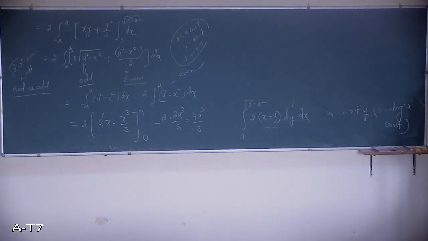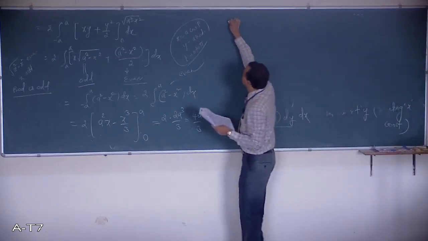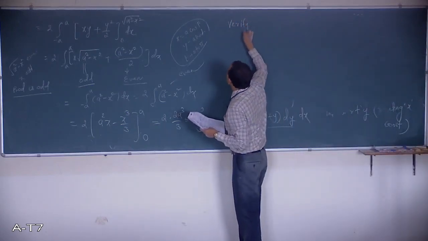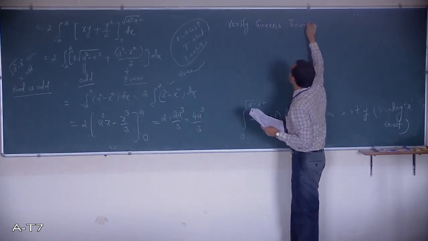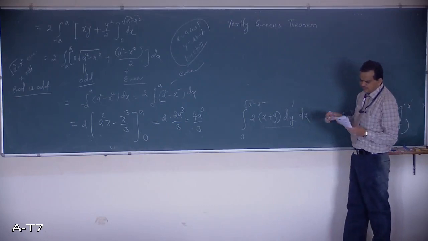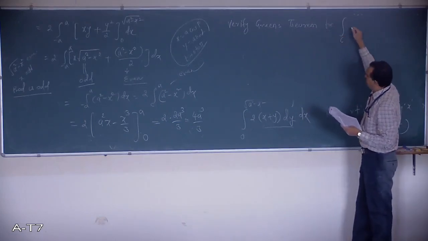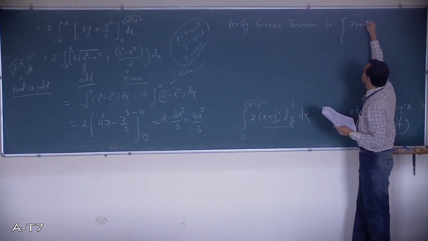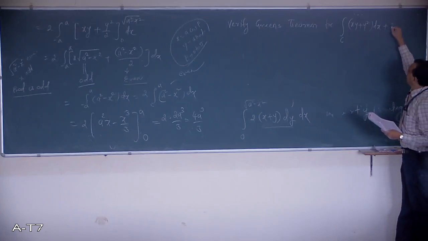Now we are using, we are not only using, we are verifying Green's theorem. Verify Green's theorem. See this. Here, a lot of work will be required. You have to find the LHS as well as the RHS for xy plus y square dx plus x square dy,